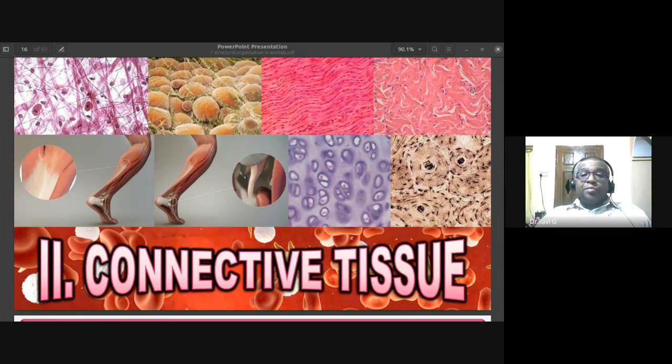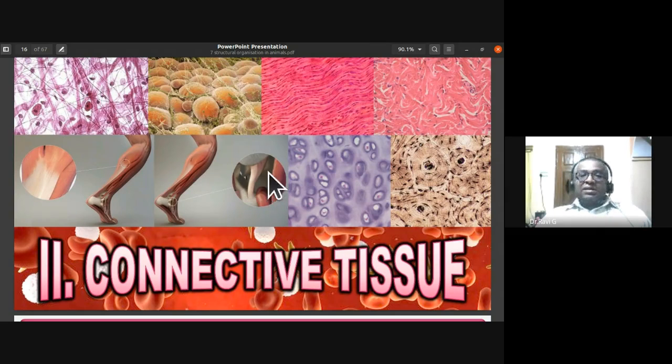Then in the bone, we are going to see this slide that I am pointing at. In the bone, we are going to study this Haversian system, the Haversian canals, and how they are held together. Then in the lower part, in the backdrop of the naming of connective tissue, you can see the blood. This part has the RBCs and plasma. You can also notice the WBCs and blood platelets. So we are also going to discuss the fluid connective tissue. All this backdrop indicates different types of tissues.